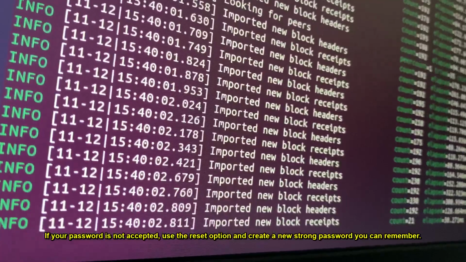If the page does not load, refresh the browser or try again in a private or incognito window. Make sure you are using the correct email address, then retype it carefully to avoid small typos. If your password is not accepted, use the